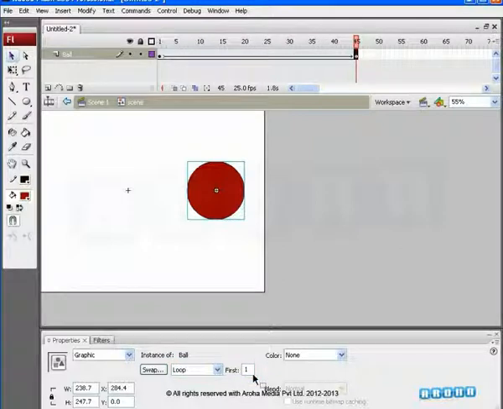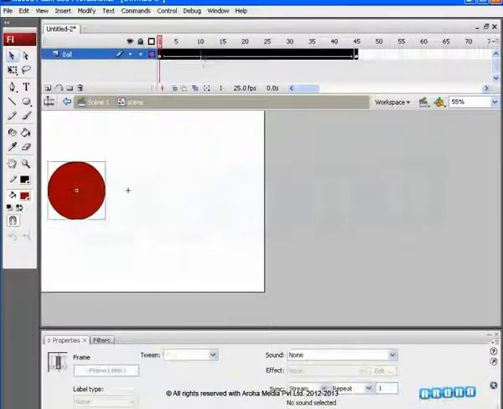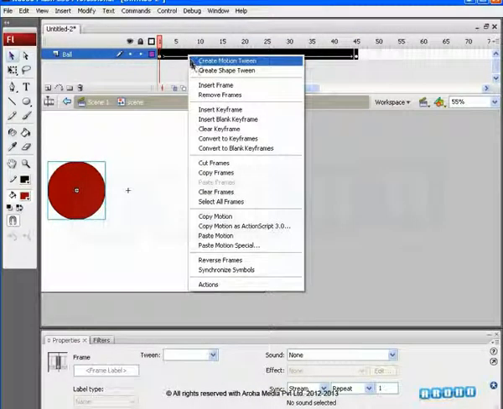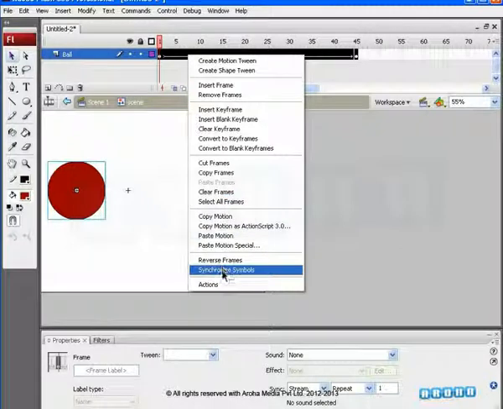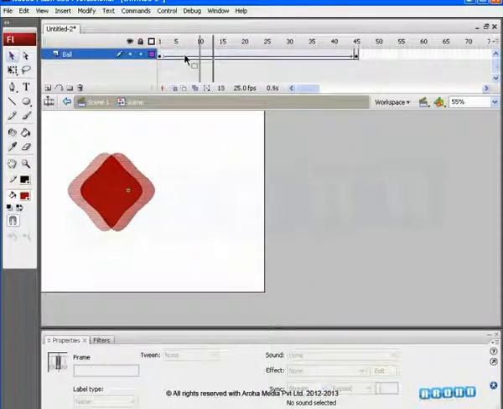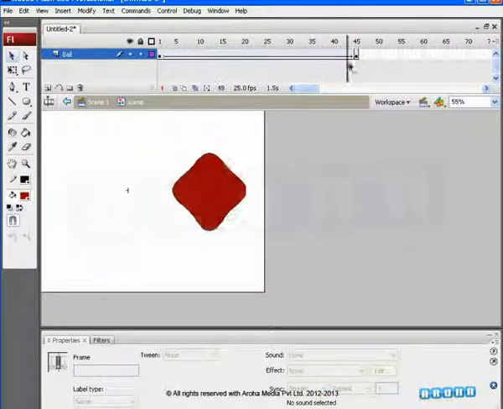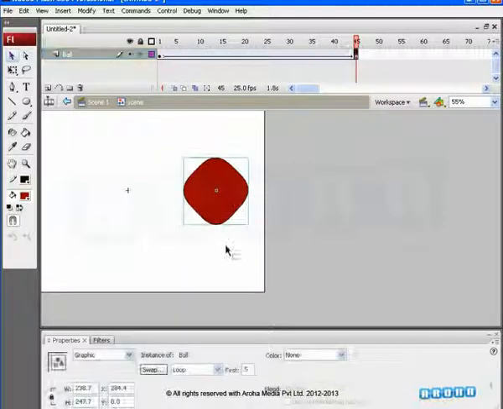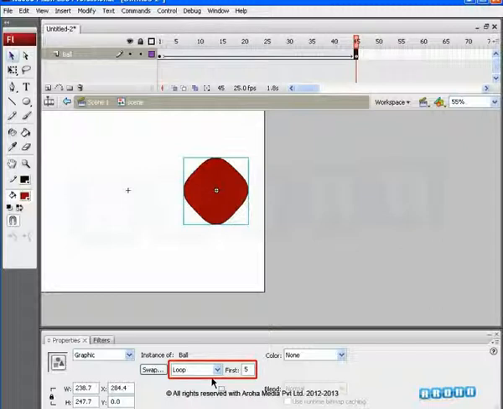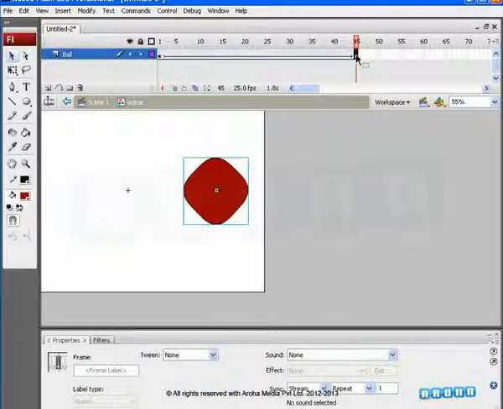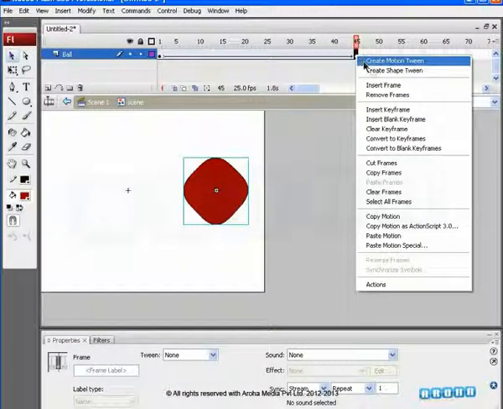Here's another tip for you. Before you start any animation, select the layer from the layer stack, right-click on it and click on Synchronize Symbols. Let's see what happens now. Still not working because the value entered in the first text field is 5. To solve this issue, we need to go to the 45th frame on the timeline. There, right-click and choose Create Motion Tween.